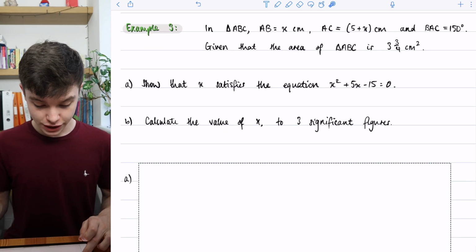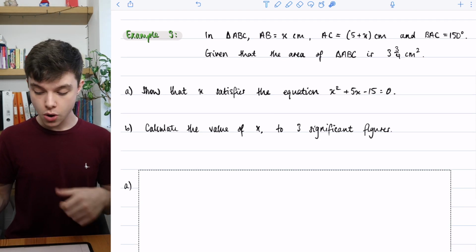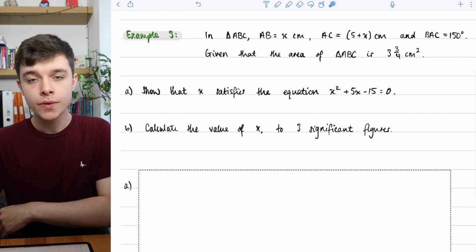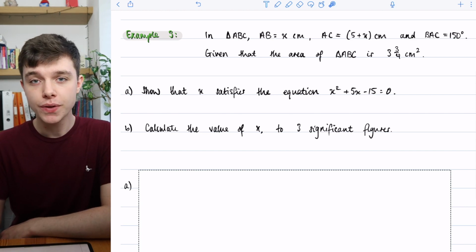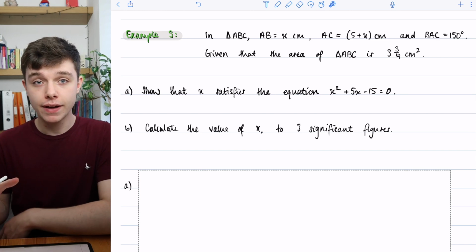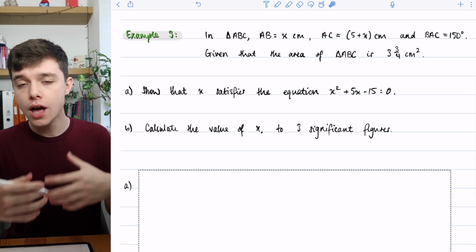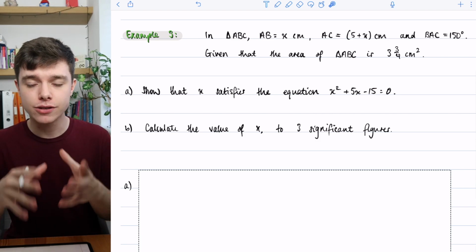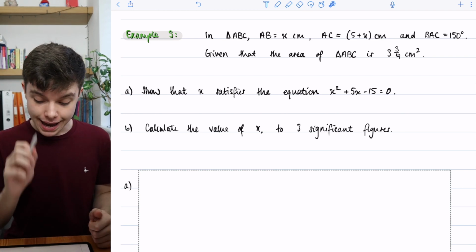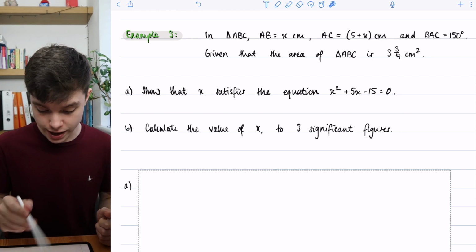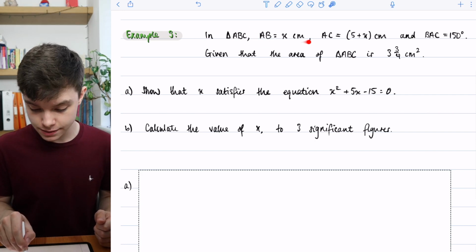Okay, final example for this video is a little bit different, and we don't have the triangle drawn for us, we just have lots of information. We've gone from one example, which is just work out the area of this triangle, then another one where we've included a little bit of algebra in an angle, but it's still quite basic maths: just substitute into the formula and do algebra manipulation. Here, it's a little bit different because we have a triangle ABC, and AB is x centimetres,